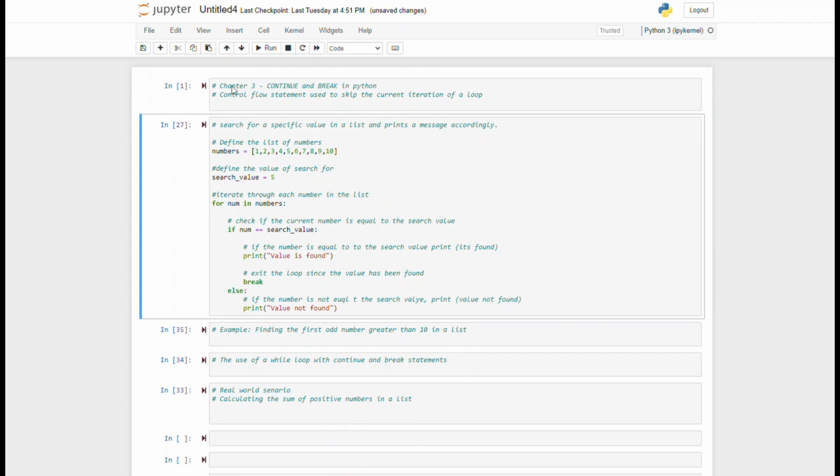Okay, let's see what we are doing here. We have a list of numbers from 1 to 10 with the variable called numbers and a variable search_value set to 5. We use a for loop to iterate through each number in the numbers list. Inside the loop, it checks if the current number is equal to the search_value. If it is, it prints "value is found,"